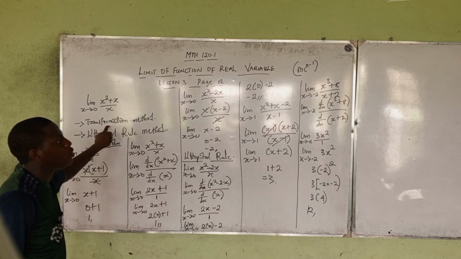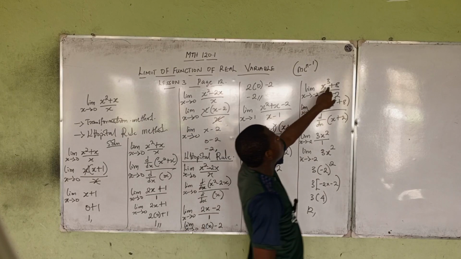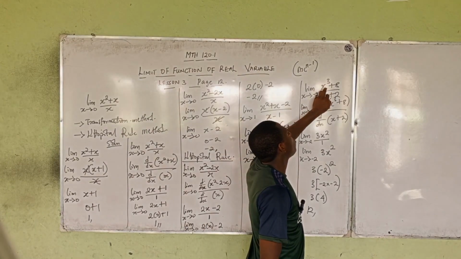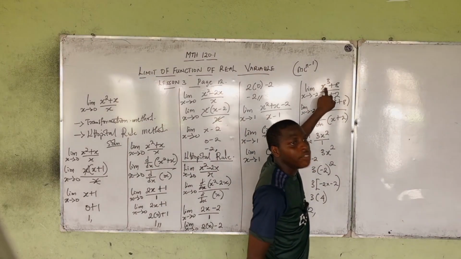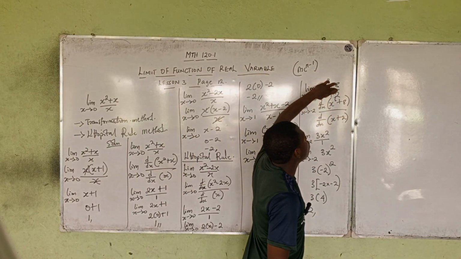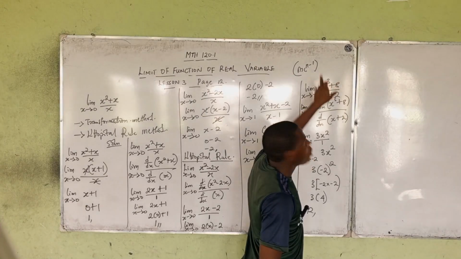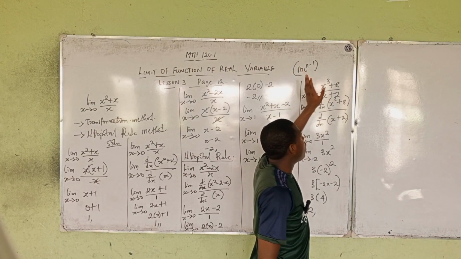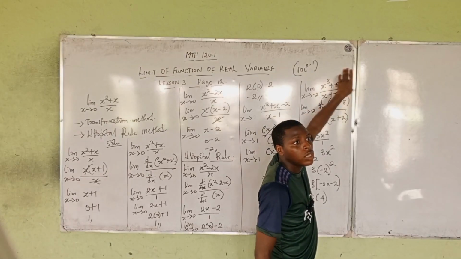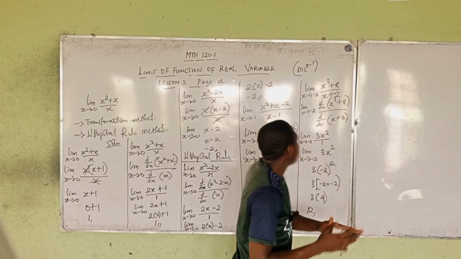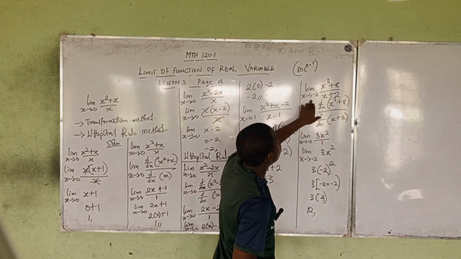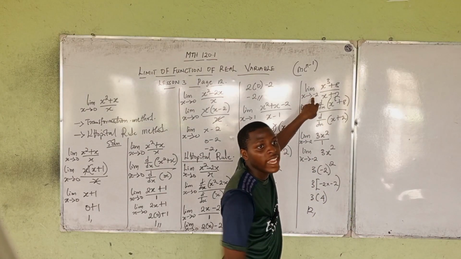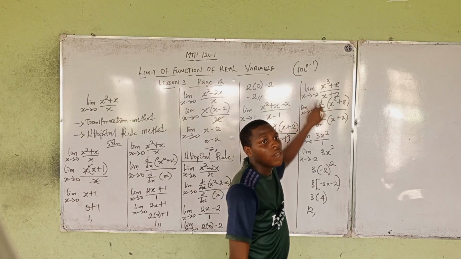So if you have this as 12, use your transformation method by simply factorizing your numerator, this polynomial here. If you factorize this polynomial, you will simply have a value that will be the same as your denominator, such that your denominator and your numerator will cancel out, and you'll be left with the other part of the factorization. Now after that, what do you do? You simply substitute your x tends to any number given to you. That is how you use your